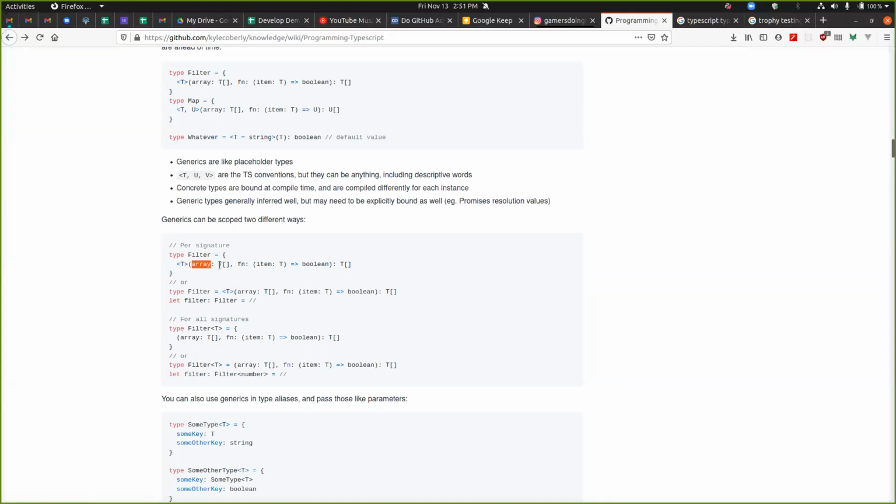It's going to be called array, and it's going to be an array of whatever T ends up being. It's also going to take in a function called fn that takes in that same type as an item and returns some kind of Boolean. And ultimately, it ends up returning an array of whatever that original type was.